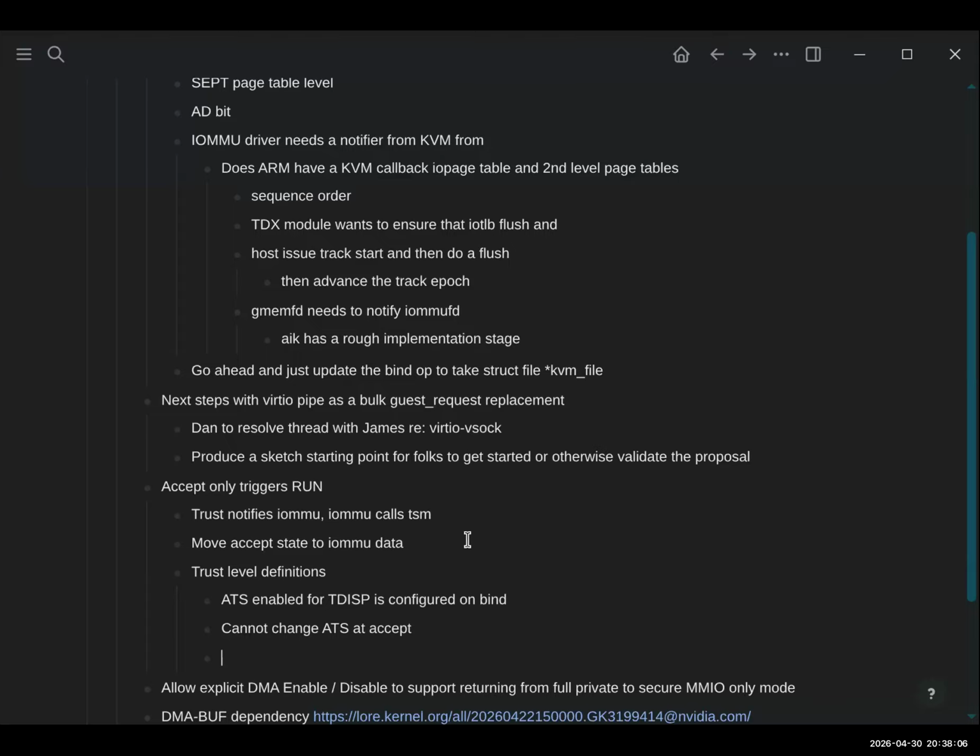Sorry, I'm missing the point here. When you enable DMA, you don't want to enable ATS right away. Why? If the hardware supports it, but it's